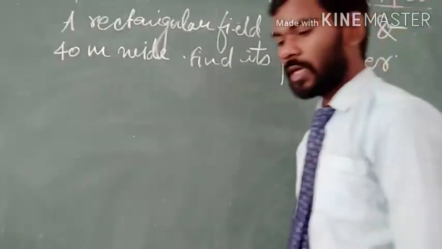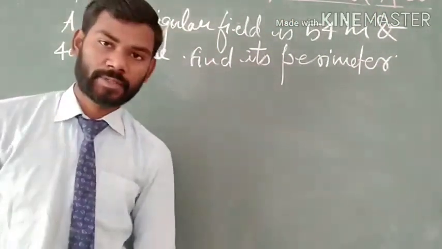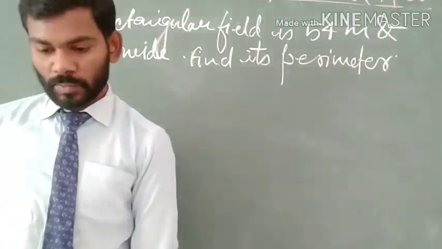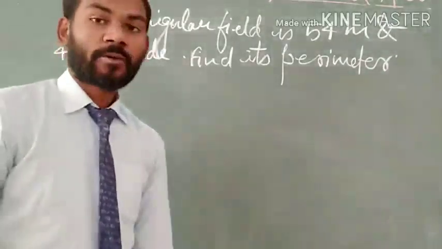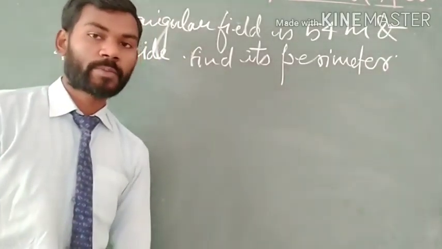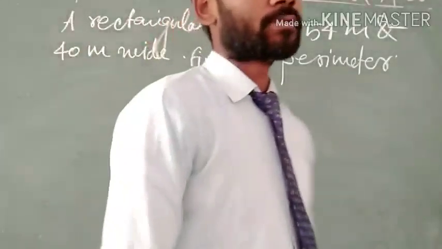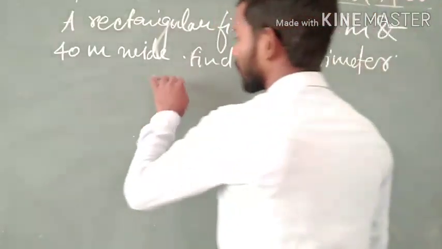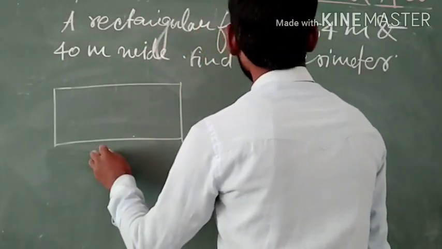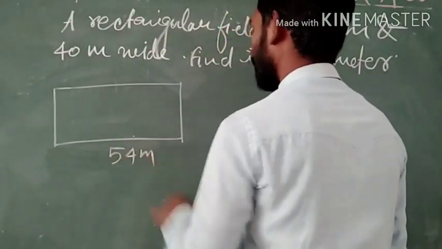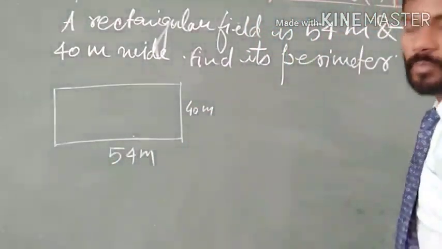Question looks very easy because you have solved various questions. Okay students, so this will be the last question of this exercise. After that we shall start the new topic, that will be the area. Okay, so now let us see its solution. Since here is a rectangular field in which the length is 54 meter and width is 40 meter, therefore its perimeter will be